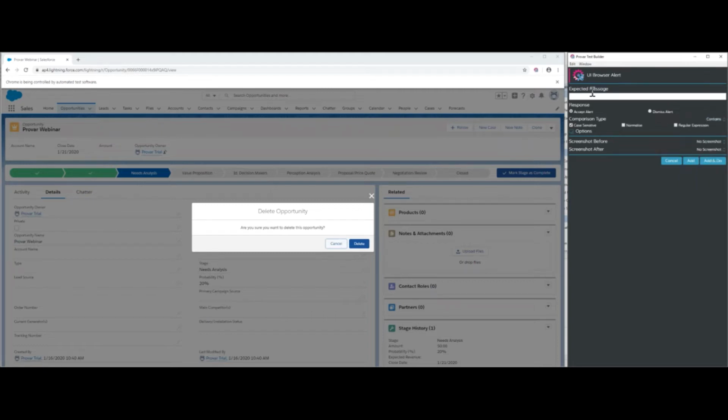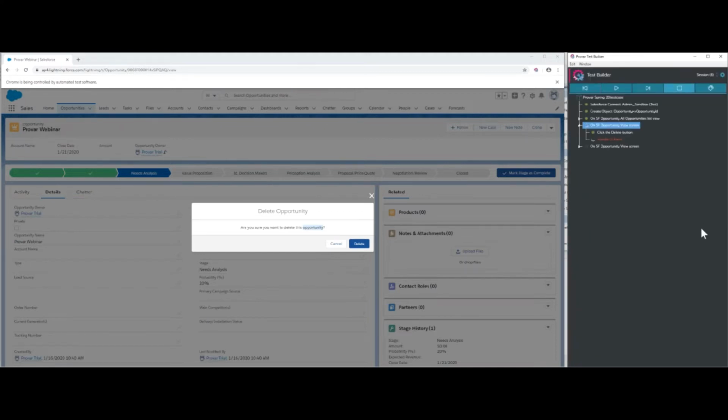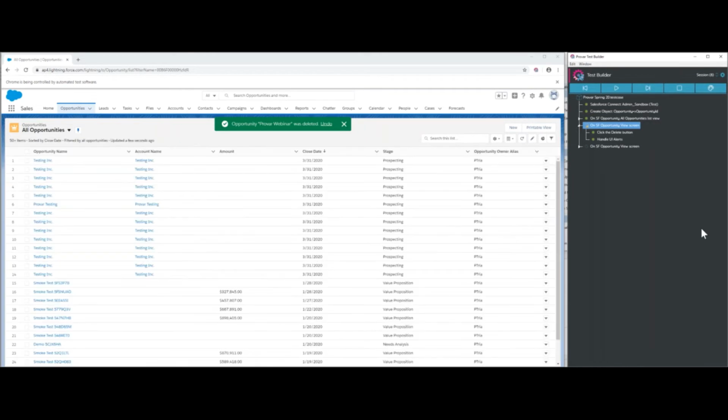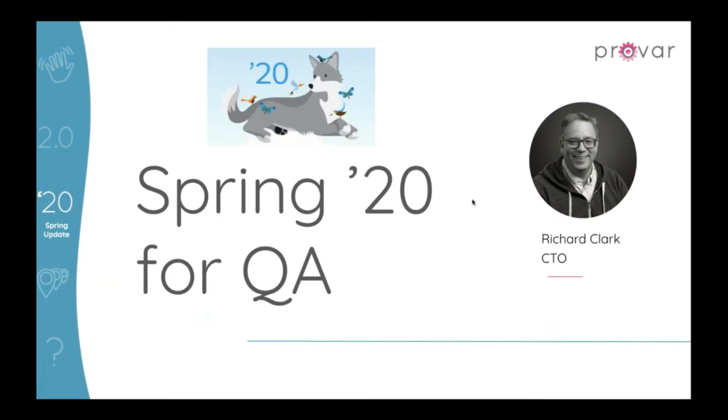So let's say I only want to look for a message that contains the word opportunity, for example. I can do that here, set the comparison type to contains, add and do. So it's going to handle that UI alert for me, and it's going to accept it, so the opportunity was successfully deleted. I'm going to swing back over to my slides now, and from here I will pass it on